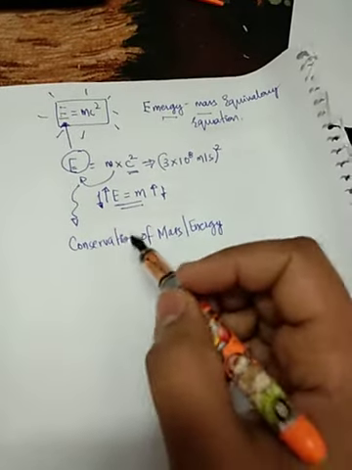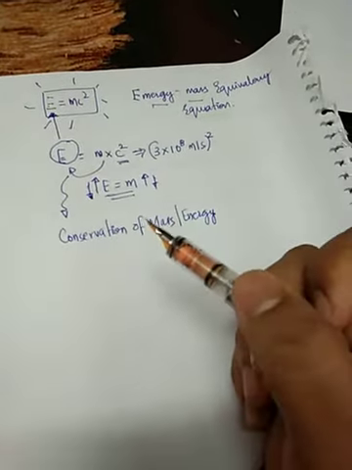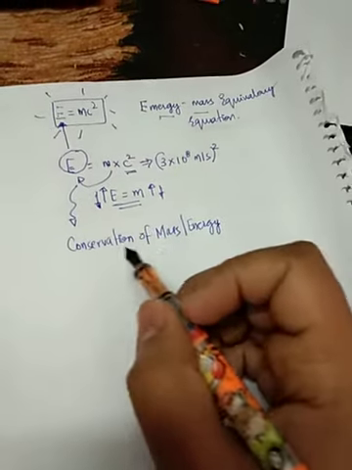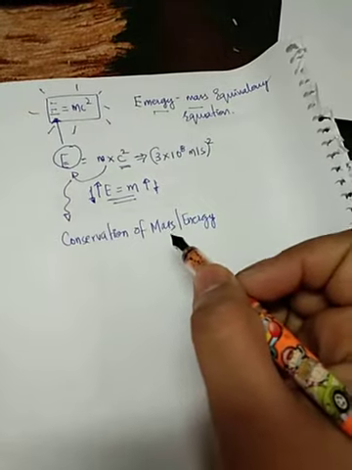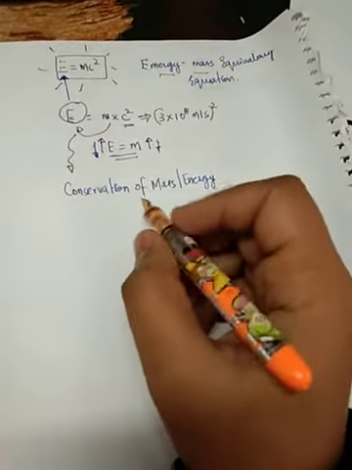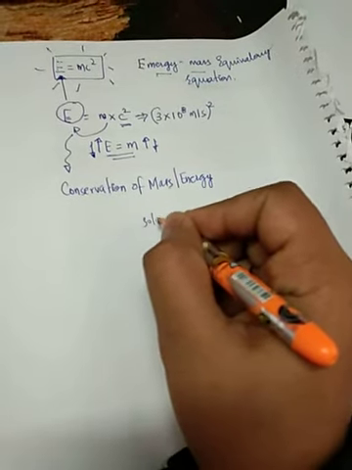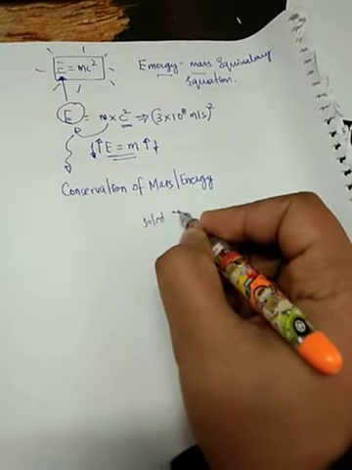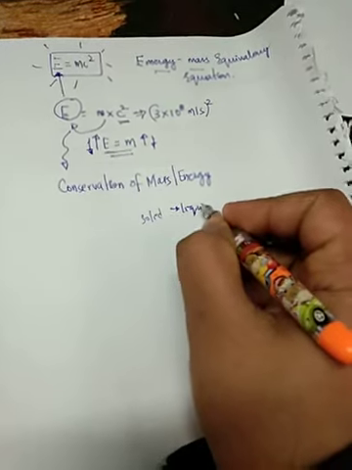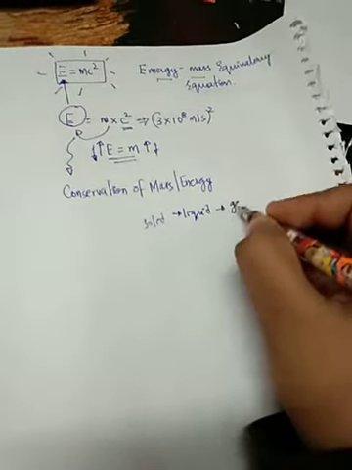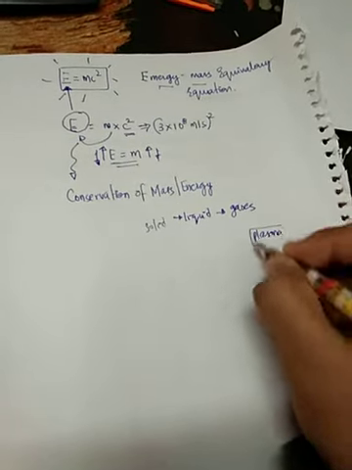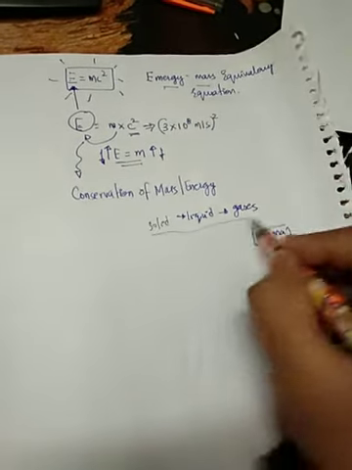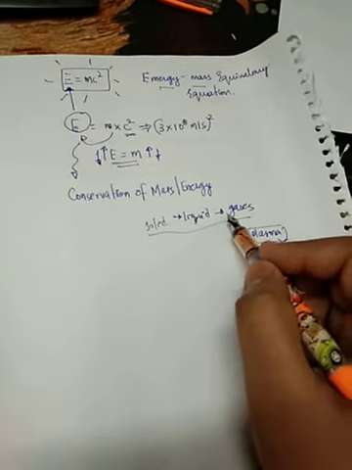Now, you have heard this definition that energy is neither created nor destroyed. It can transform from one form to another form. So how is that? You all know that we have three states of matter: solid, liquid, and gas. Actually, it's not just three. We have another one known as plasma, but that is not a discussion point right now. We deal with solid, liquid, and gas.